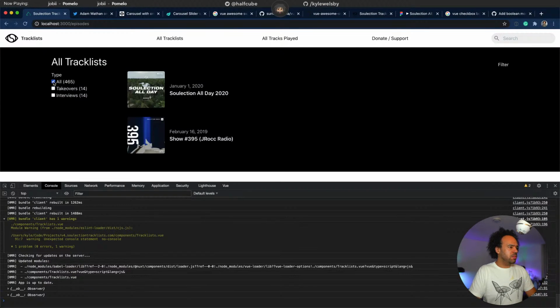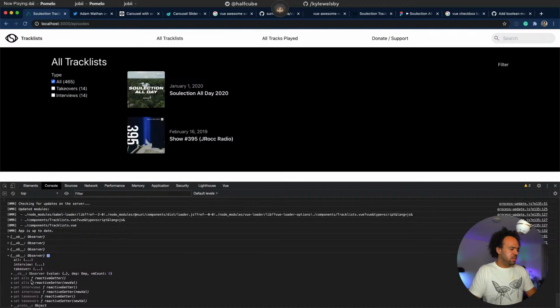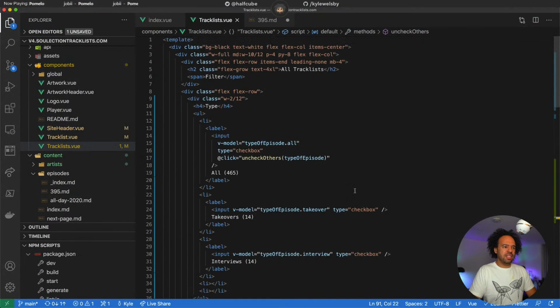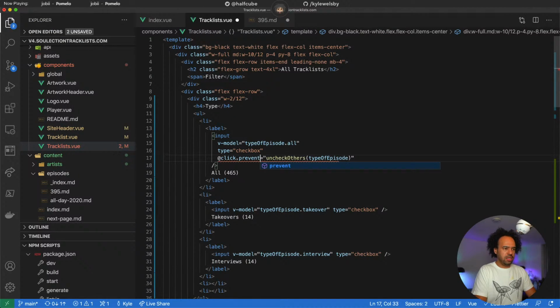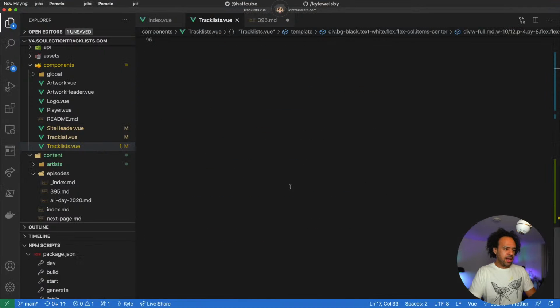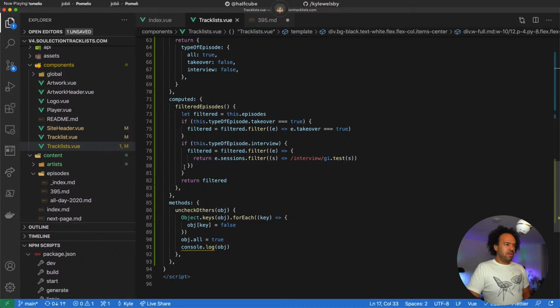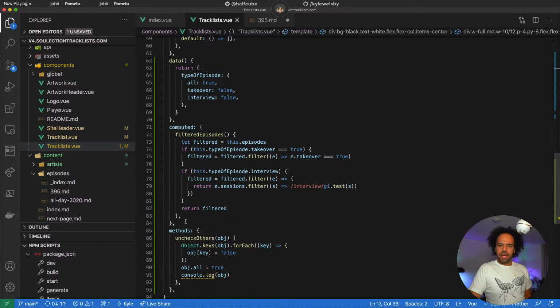Check that, and then maybe I put a prevent default on it, and that'll fix it. So prevent. So regardless of checking it, it's always going to go and do that action. That's done exactly. And I also need to do a watcher on that to make sure that we uncheck all others.